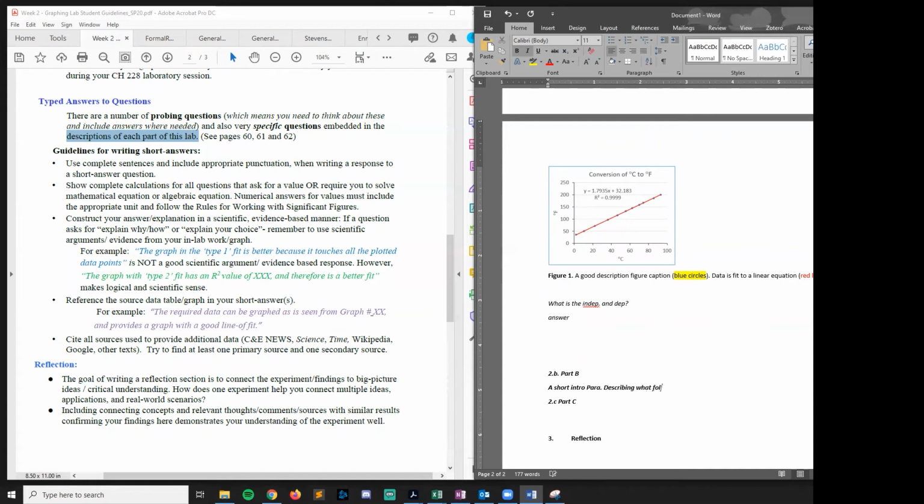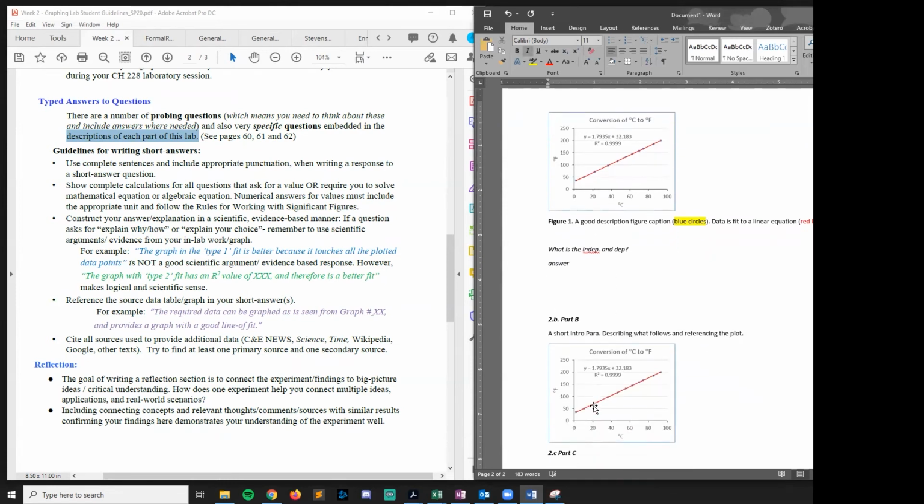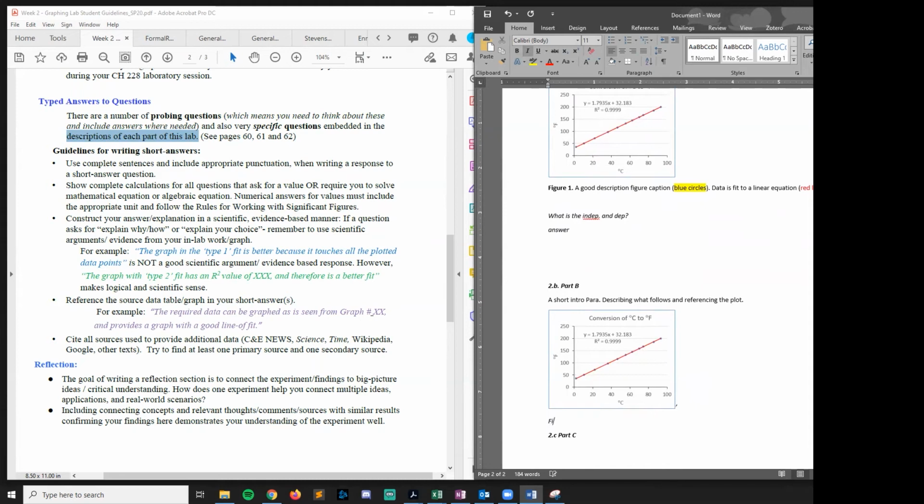describing what follows and referencing the plot that you're going to put in. Then, of course, you're going to have your plot. We'll just put this one in there again, just as a placeholder. Have your plot again, and then have your figure,